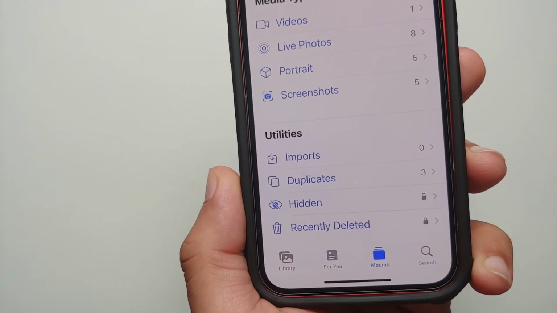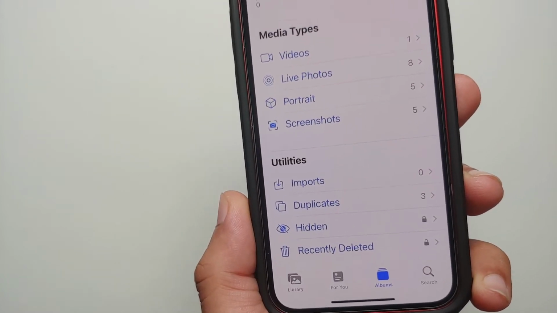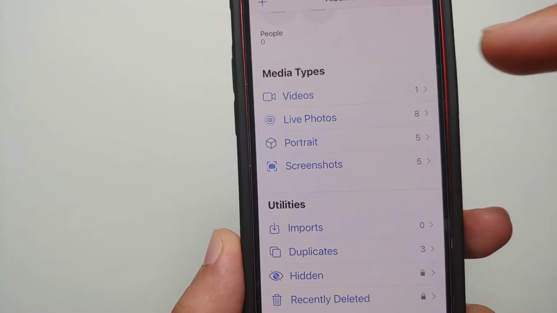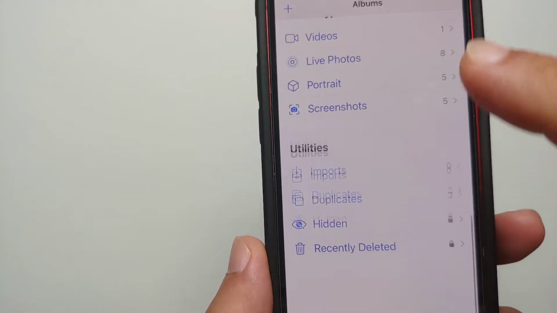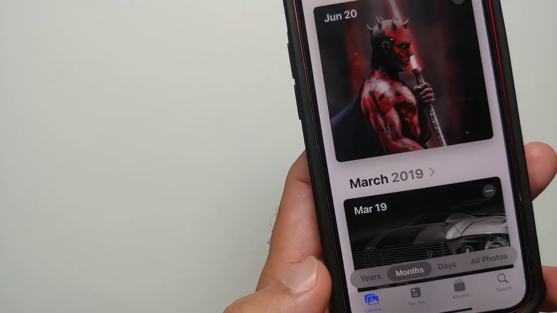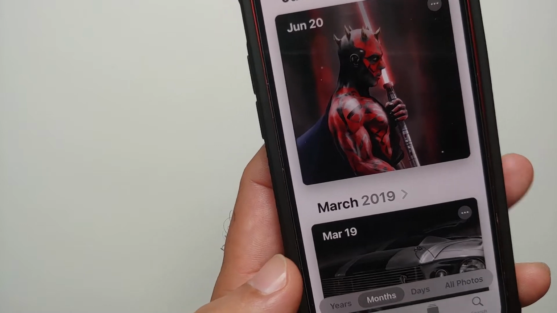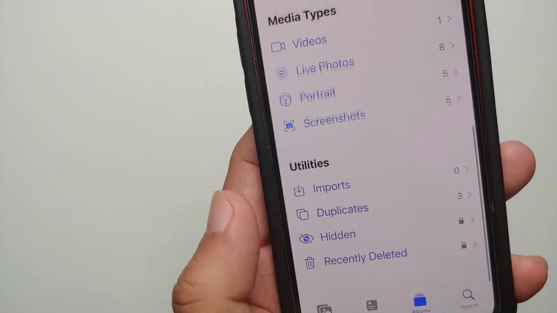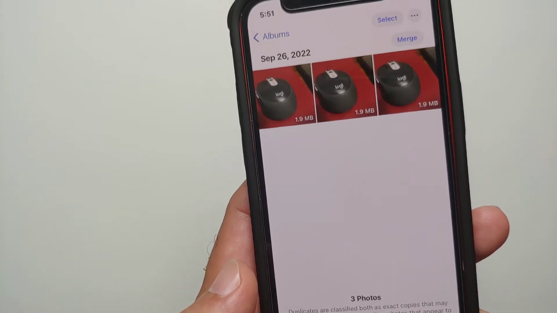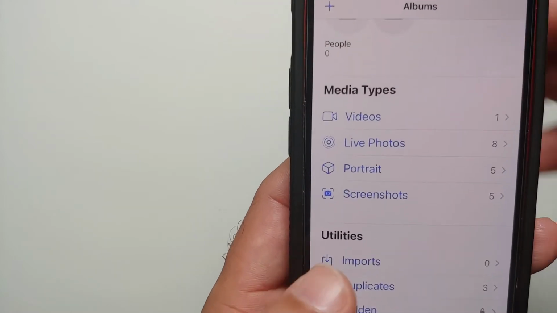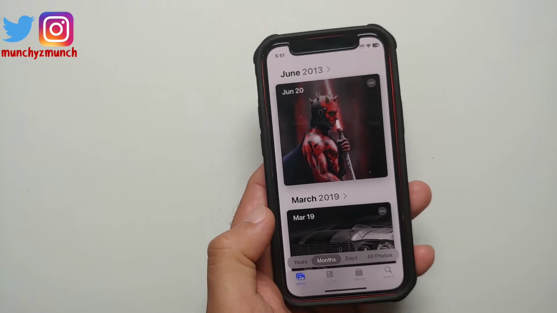Why is the duplicates or duplicate photos option not showing in my iPhone running iOS 16? That is the question which I will answer for you today. If you've just updated to iOS 16, you would know that there is a feature wherein you can find duplicates. Now, when I first installed iOS 16, this feature did not appear for me,